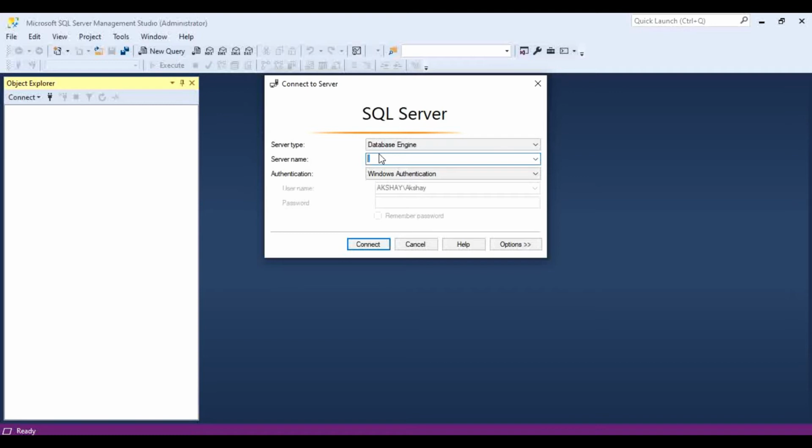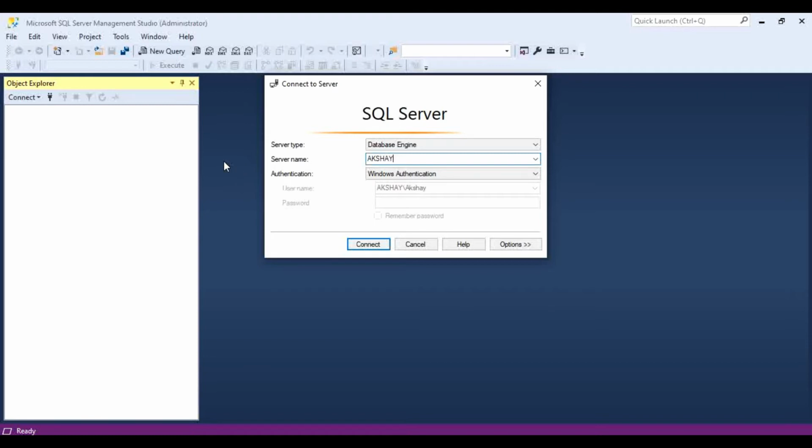But it is not a very good practice to always use this dot, because right now we are running this application on our own machine. So that is why this time it will work. But what if you are giving this application to someone else, on someone's machine? At that time it will not work, because it is not necessary that the database will be on that user's machine as well. So that is why it is very good practice to always use a server name. And what is the server name for this? My server name is nothing but Akshay.